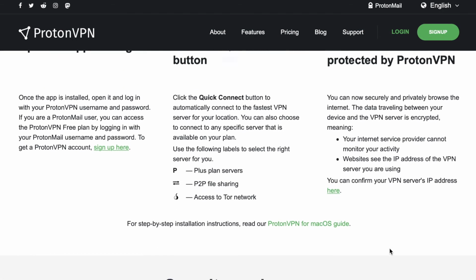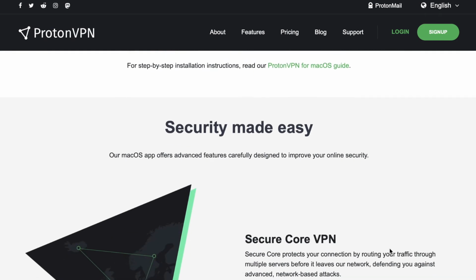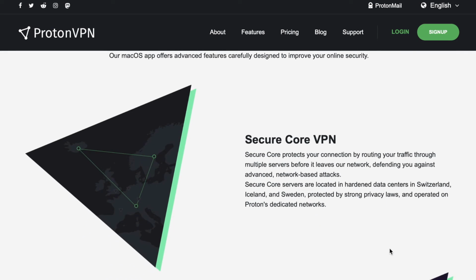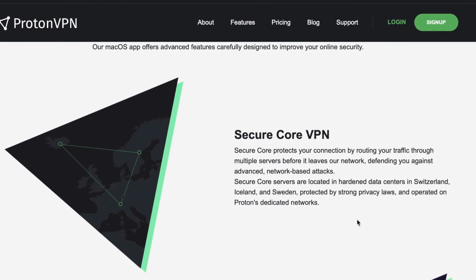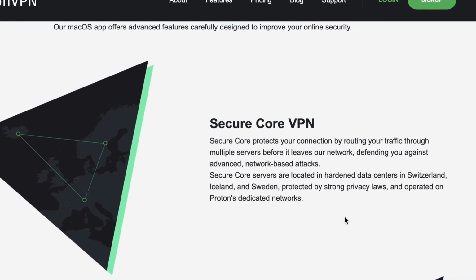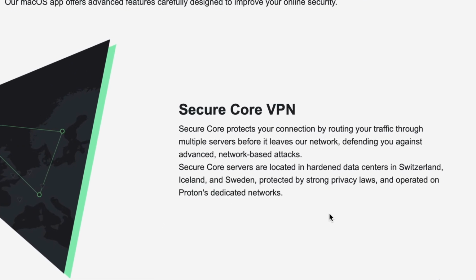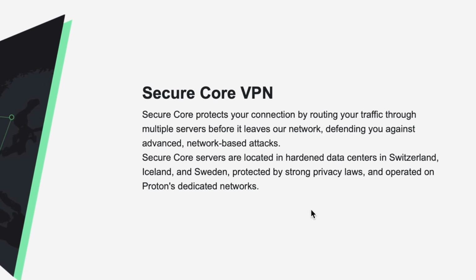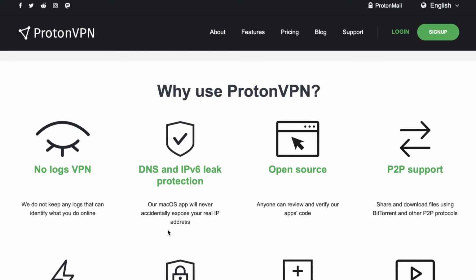By the way, guys, a little below here you can learn a lot of information about this VPN. For example, Secure Core protects your connection by routing your traffic through multiple servers before it leaves our network, defending you against advanced network-based attacks. Secure servers are located in hardened data centers in Switzerland, Ireland, and Sweden, protected by strong privacy laws and operated on Proton's dedicated networks. Also here you can check out why use exactly ProtonVPN, and now actually let's see how